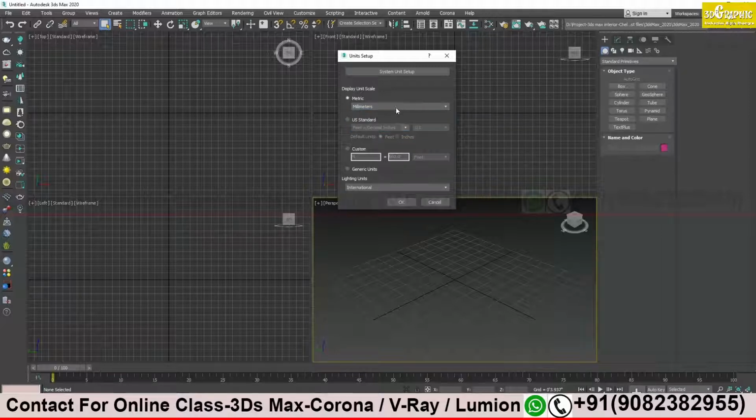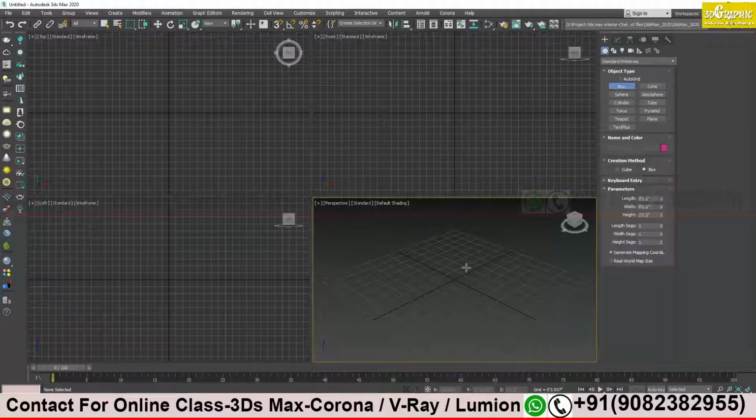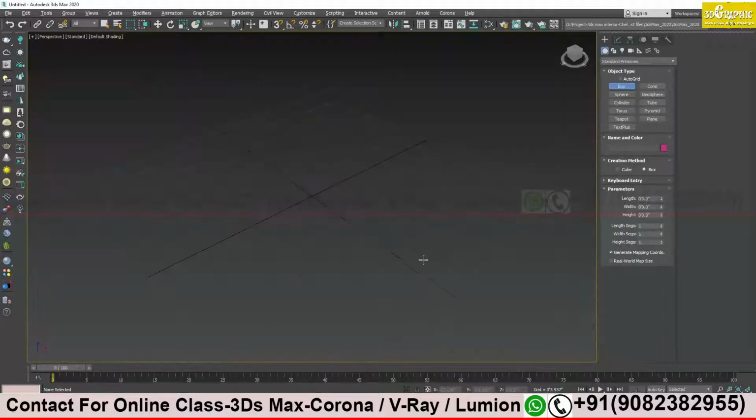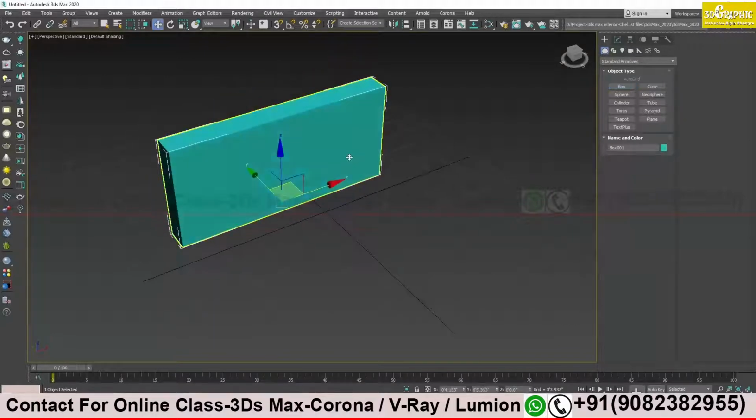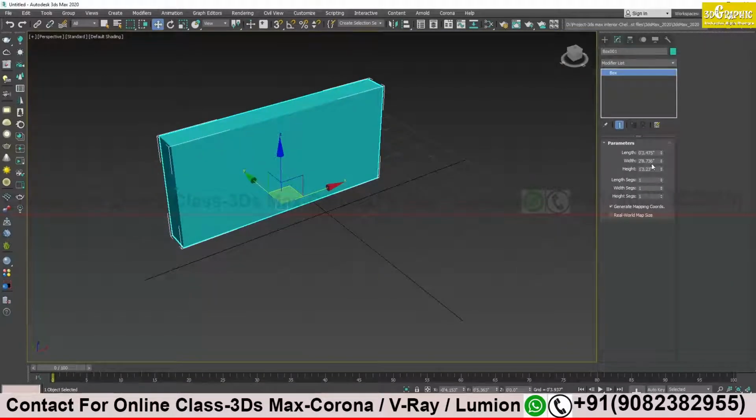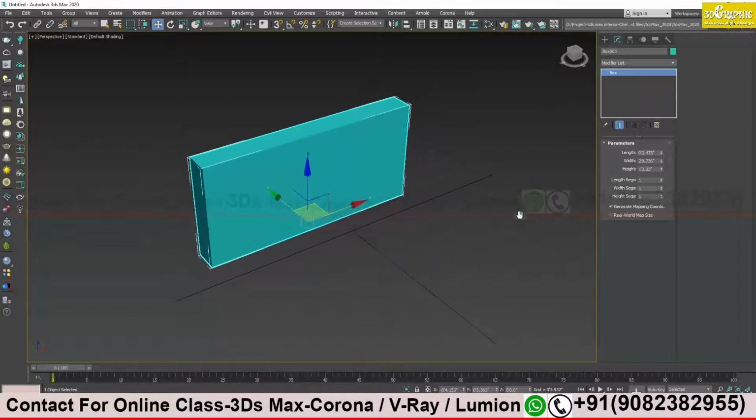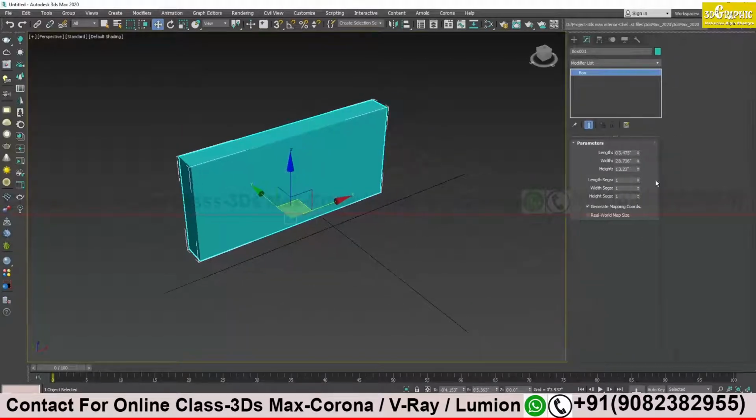Let me cancel this out. I need something to show you, so I will just create a wall. Suppose I created a wall over here. On my right, you see the length, width and height options. Right now it is feet decimal inches.